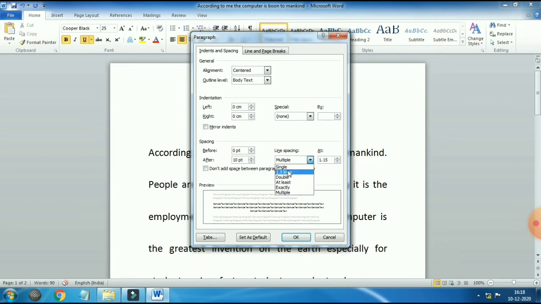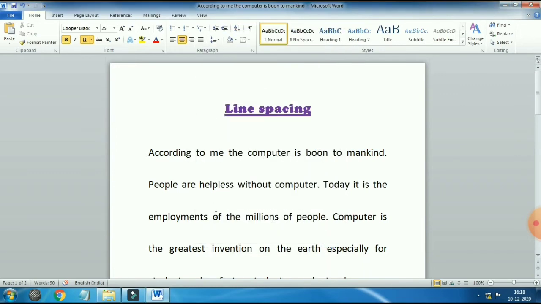Here it is available in words: single, 1.5 lines, double, at least, exactly and multiple. Multiple is equal to 3.0, given here in words. From here you can also change the before and after spacing of any sentence. Then after that you have to click on OK.